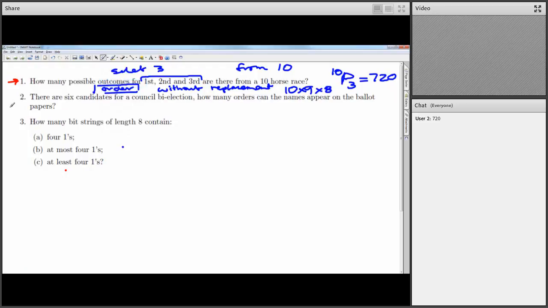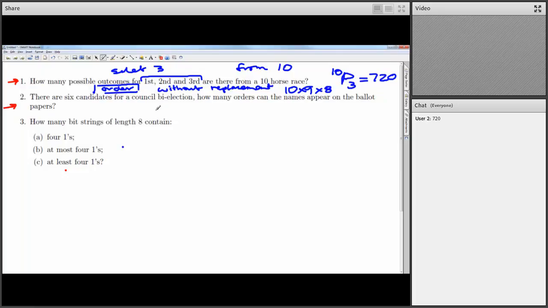Let's look at the next question. So I don't know where you are, but I live in the Central West, and my electorate is the Clare, and we're about to have a by-election for the state because the state MP decided to go to the federal parliament instead. So we're about to have a by-election, and I don't have any candidates, so 6 or 7. So let's assume we have 6 candidates in the council by-election.